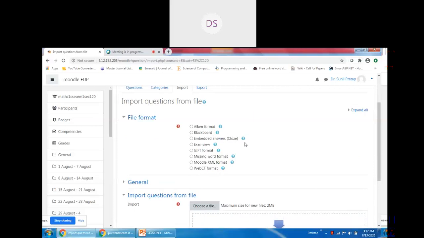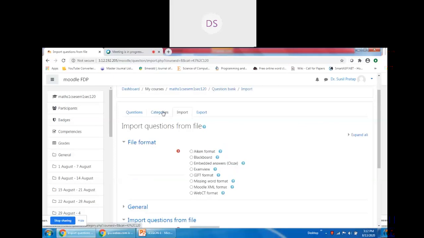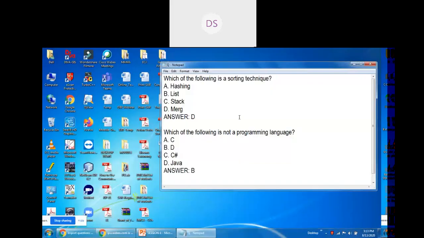So now we are going to see how we can create questions in a text file, and that text file can be imported to the appropriate categories. It means questions can be added through a text file.